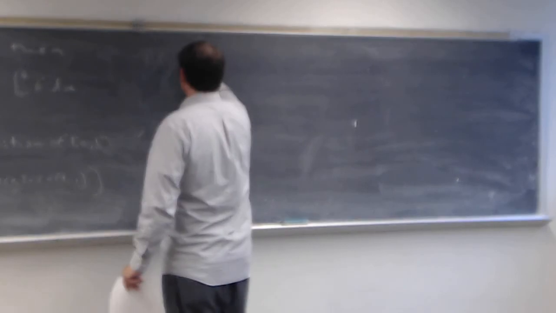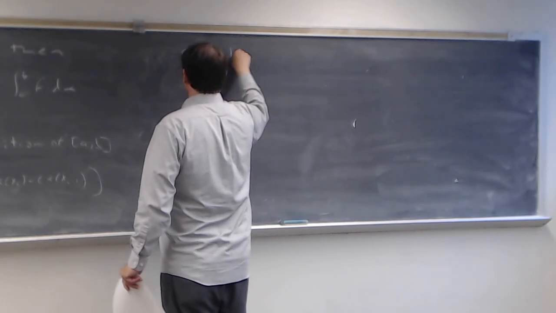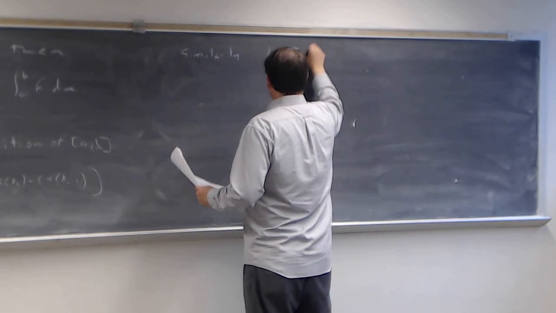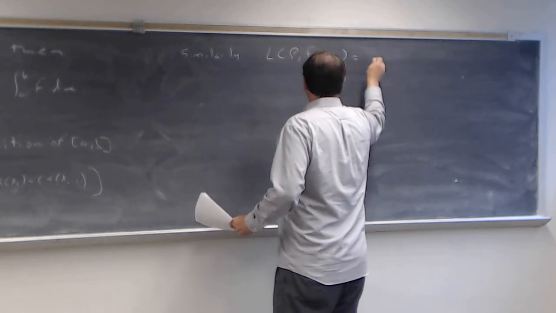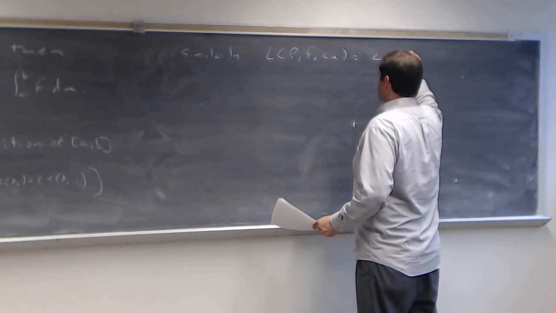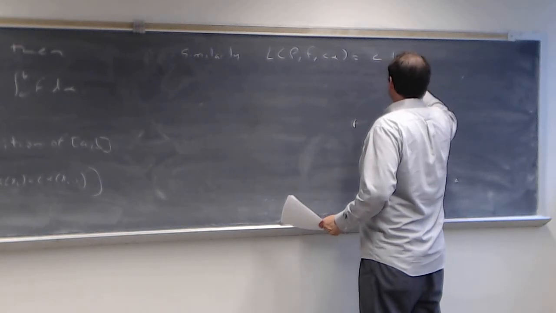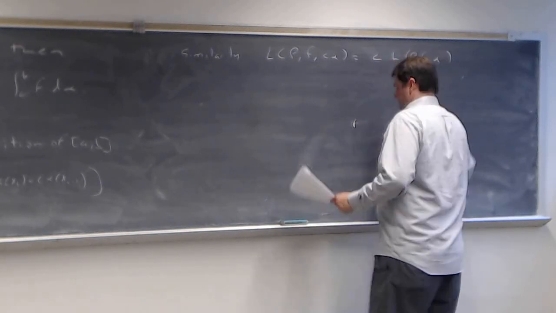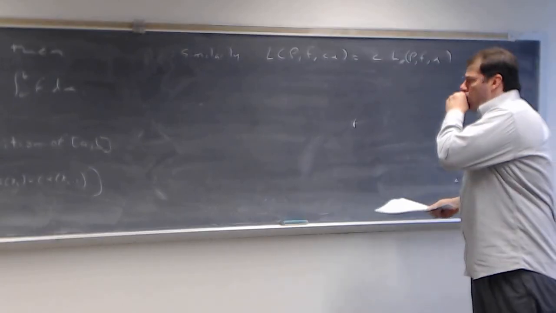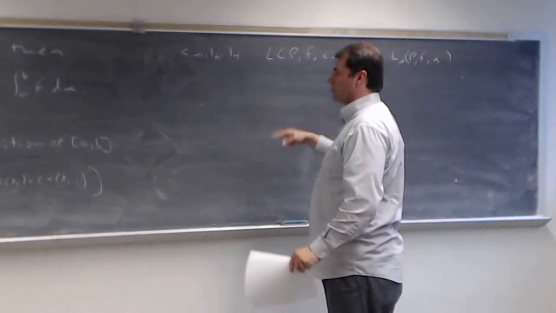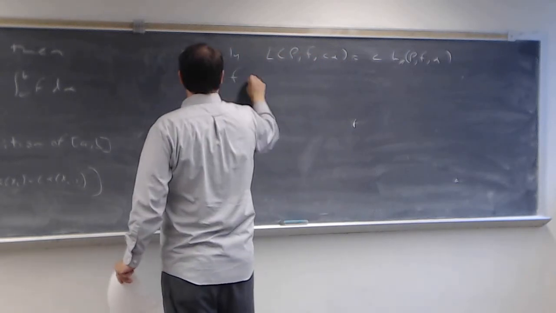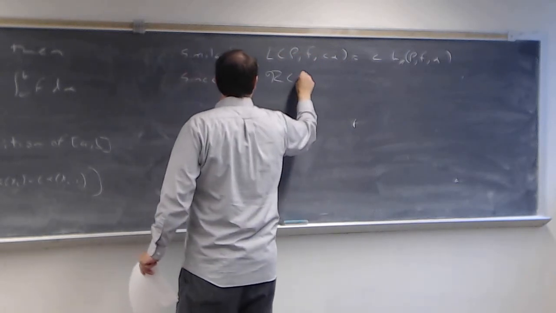Similarly, same type of computation. We have the lower sum, P of F with C alpha, is going to be equal to C times the lower sum, P, F, and just alpha. Now these statements are true for any partition, but since we're assuming that F is Riemann-Stieltjes integrable with respect to